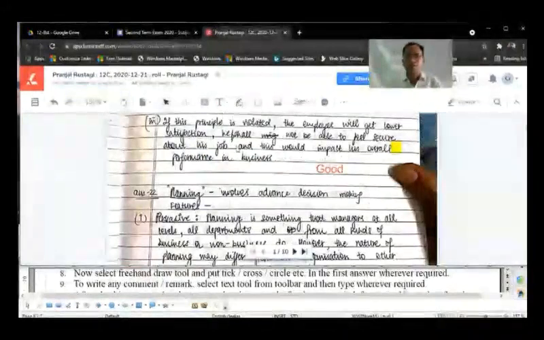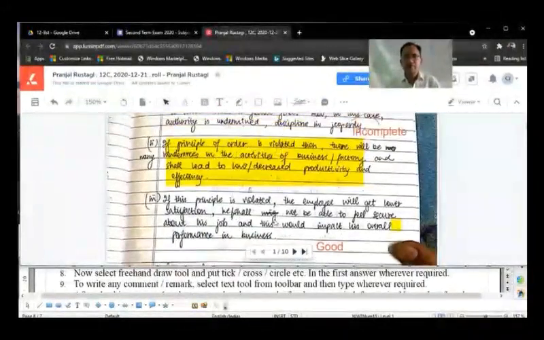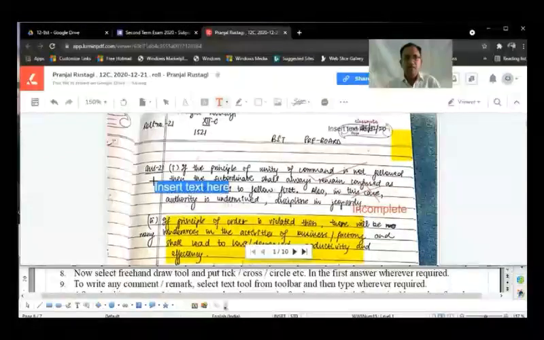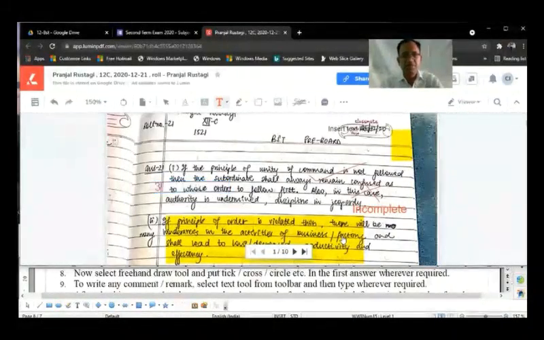Now suppose you have checked the first answer and you want to give marks to it. Again, click on text tool. In the left hand margin, click anywhere and let's say I am giving 3 marks. So I have written 3 over here.